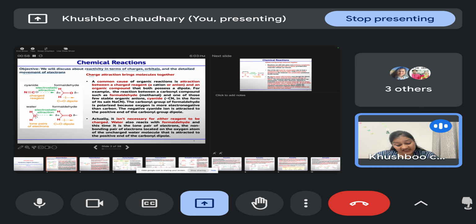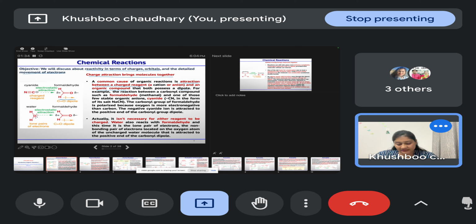So, charge attraction brings molecules together. For any chemical reaction to take place, molecules should come close to each other and collide at a particular angle, so that the collision results in the formation of a chemical reaction or bond between them. A common cause of organic reaction is attraction between a charged reagent and an organic compound that possesses a dipole. For example, if we are considering this